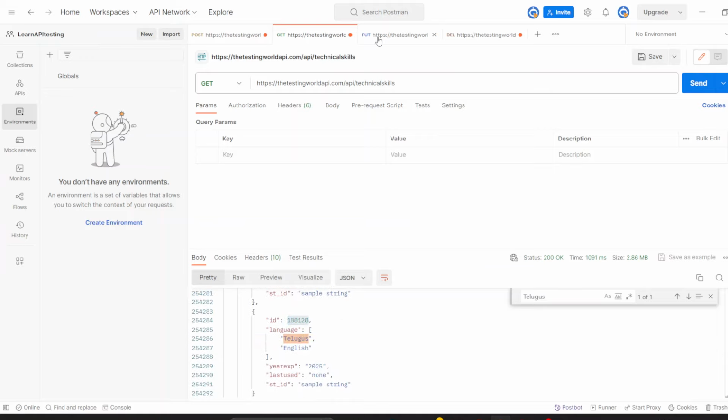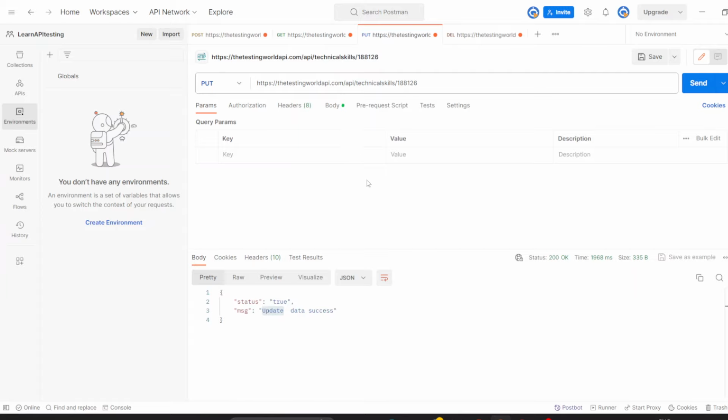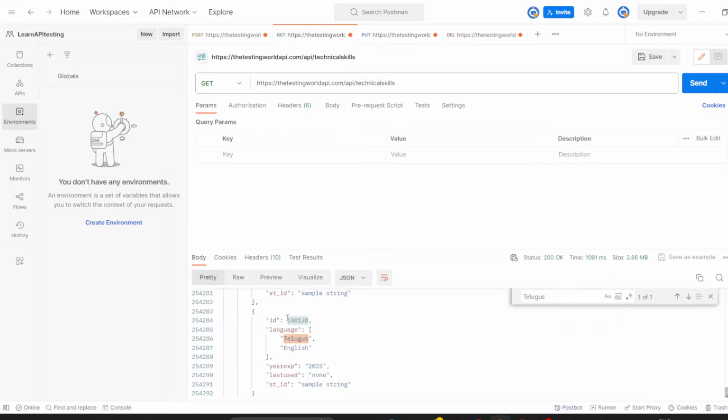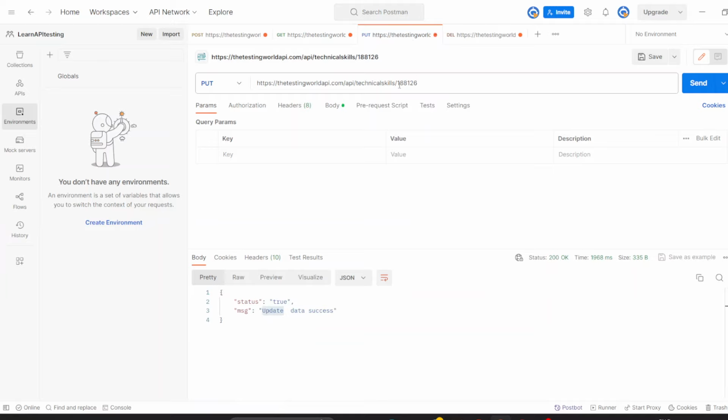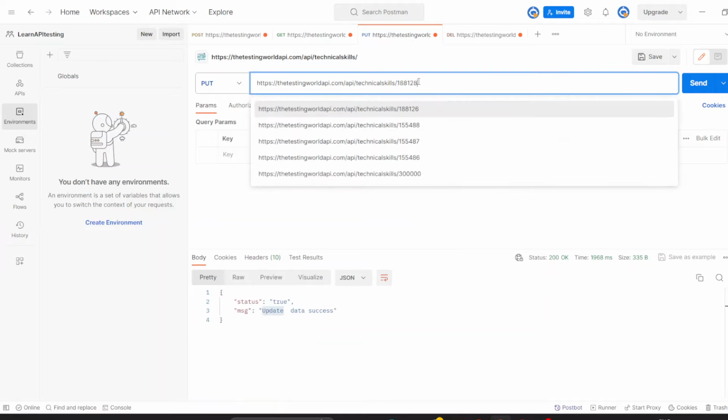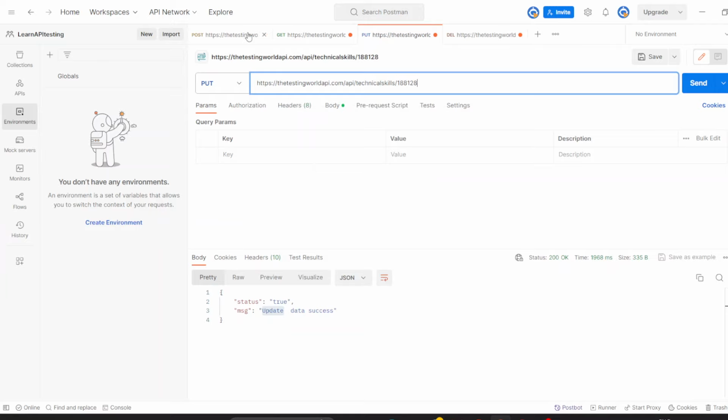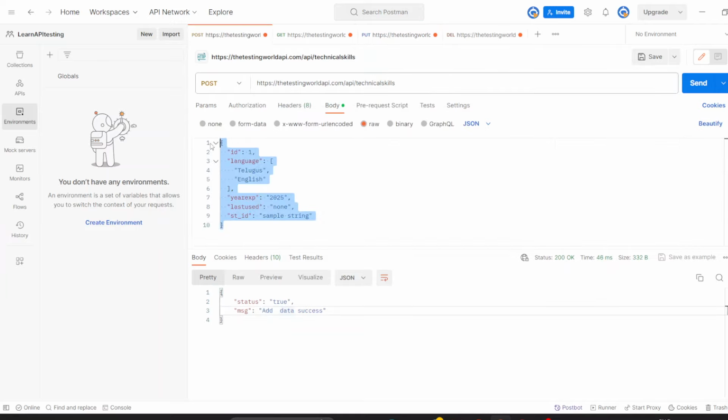Okay. Next is put. Put is used to update the data. So for updating the data, we need the ID. Which ID? Unique ID. For each particular record, we will be having one ID, right? So copy this ID. Here I want to change from English to Telugu again. So go to the put method and paste the ID here and copy the format